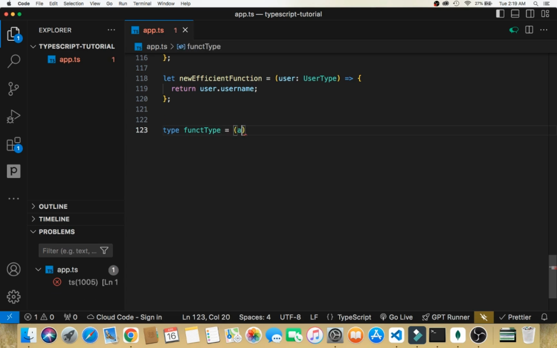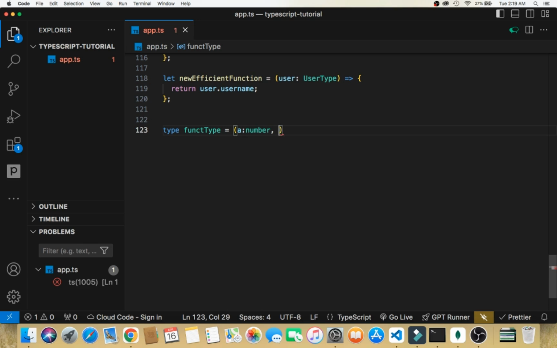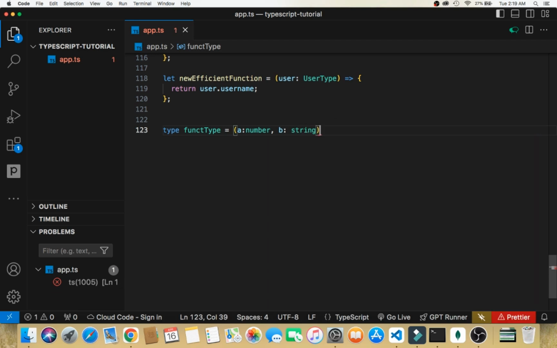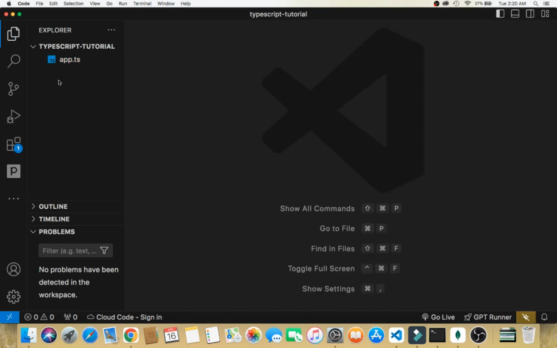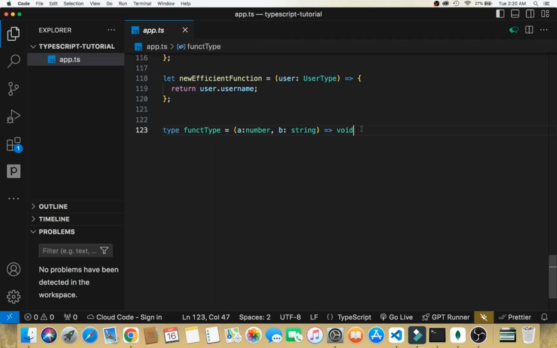Then inside this one we can set the first parameter, and you can set that to a number, and we can set the second one to a string actually, right? Then we end it up with a void. Okay, then after, oh, I mistakenly closed this. Right, so after we've been able to set it up with a void,